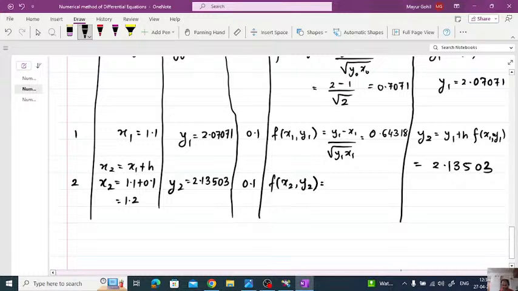the square root of 1.2 multiplied by 2.13503. अभी देखो कितना आंसर आता है भाई साहब, करिए ना भाई, आंसर आप लोग नहीं निकालेंगे तो मज़ा नहीं आएगा। थोड़ा आंसर निकालिए और चैट बॉक्स में लिखते जाइए। खाली हम कर रहे हैं, बाकी लोग क्या कर रहे हैं? आप भी आंसर निकालिए। तो यहाँ पर आएगा आपका 0.58416। करिए आंसर सॉल्व करिए, खाली ऐसे बैठिएगा नहीं। तो ये आ गया है आपका y2।